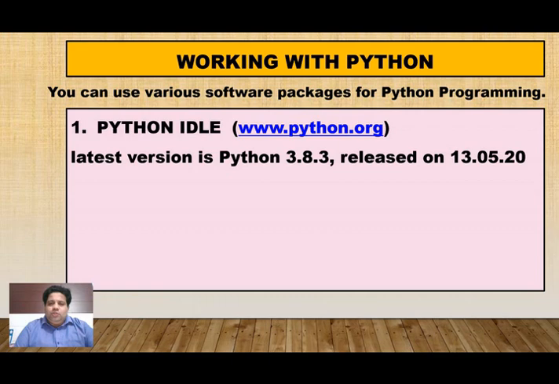It will run on 32-bit computers and 64-bit computers also. So Python 3.8.3, but don't install a version below 3.7, because in new versions new features are added and syntax is also changed. So at least install 3.7 or above.